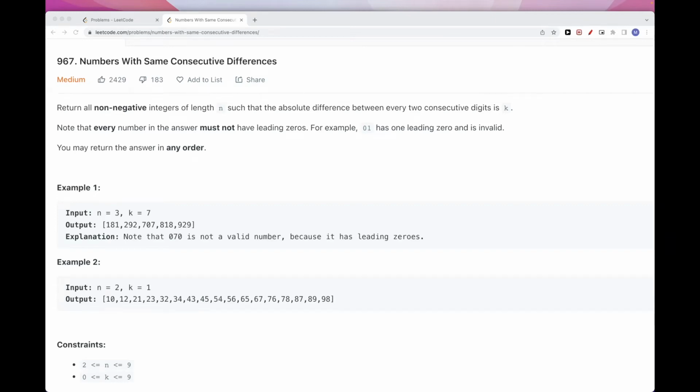Hello, so today we are going to do this problem, numbers with the same consecutive differences, which is part of the LeetCode September daily challenge. So the problem says we get an integer n, and we want to return all strictly positive integers such that the absolute difference between the consecutive digits in that number is exactly k. And the other constraint we have is that every number that we return must not have